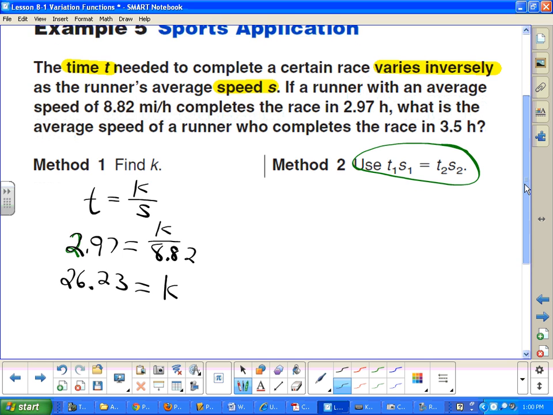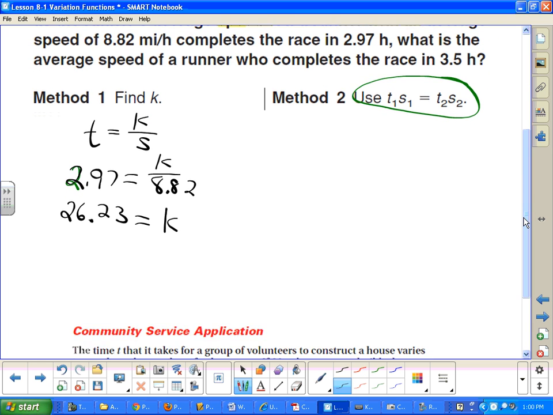Okay, so he says, what is the average speed of a runner who completes the race in 3.5 hours? So our time is now 3.5. The distance, or k, is 26.23. We need to find s, that person's speed. So how do we solve this for s? What do we have to do? 3.5 divided by